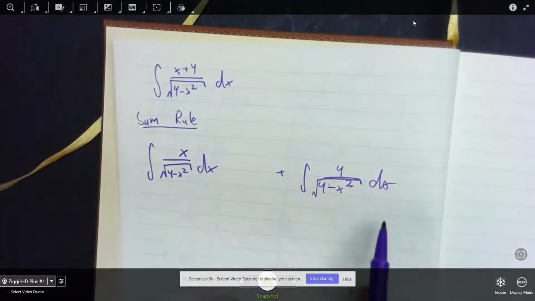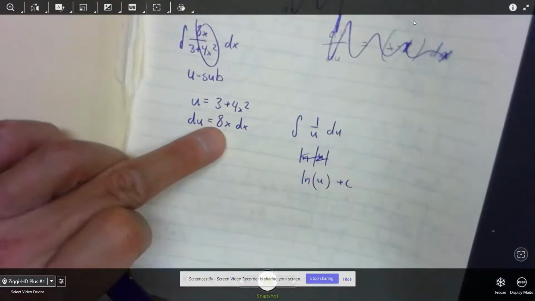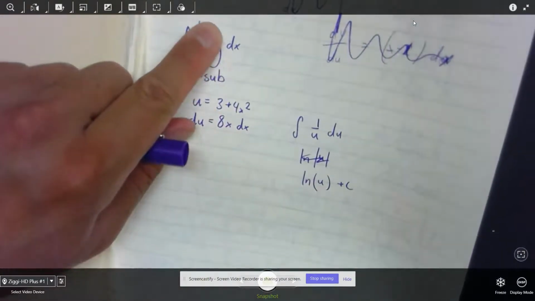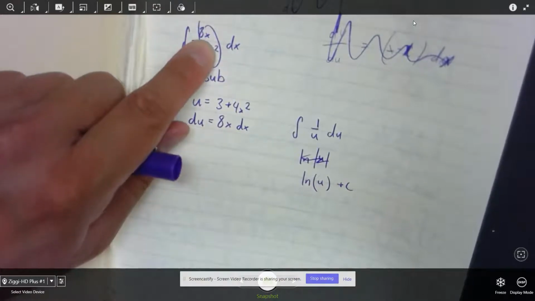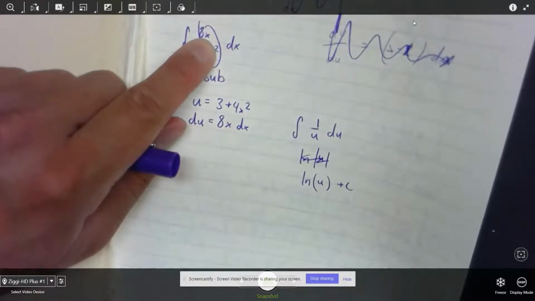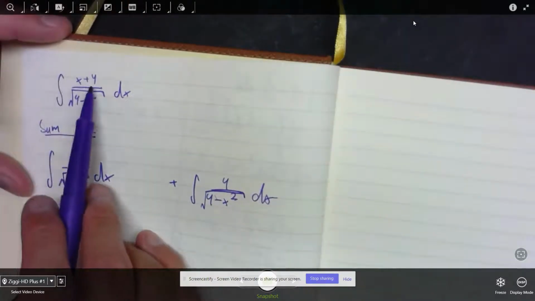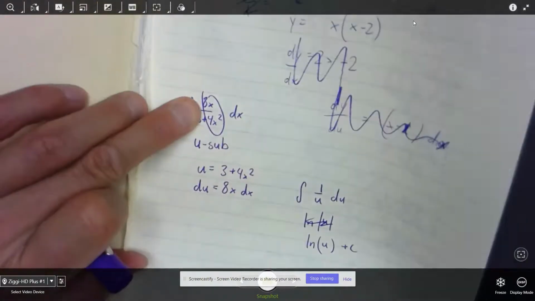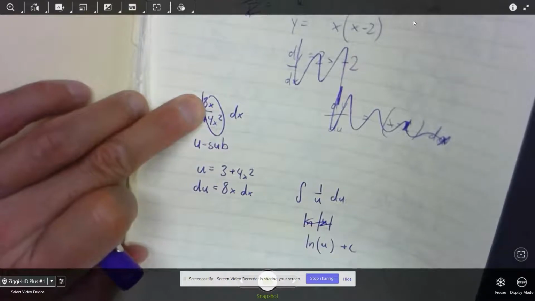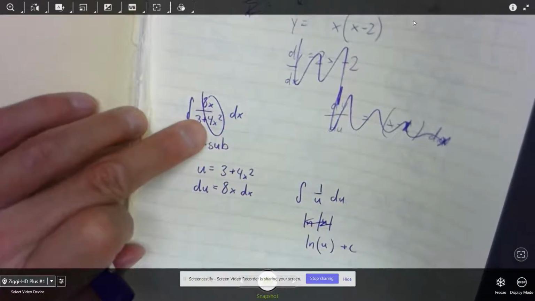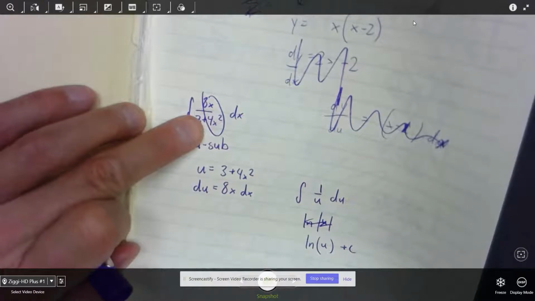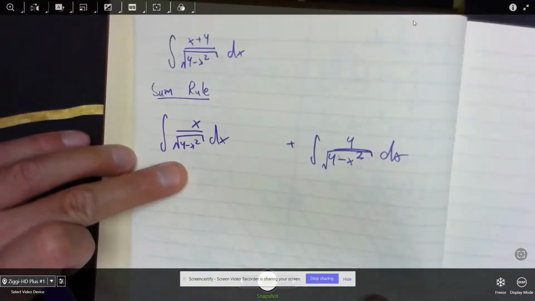And I'll tell you this, just from our previous experience from the last problem in our last video, we knew that if you had some kind of constant being multiplied to a variable... We don't have this here. By the way, just to reiterate, x and 4 were not being multiplied, but if you had some kind of constant being multiplied to a variable that's 1 degree lower than the variable at the bottom, meaning this is x to the first power and this is x to the second power, that's what I mean by 1 degree lower, all right, then we're just going to use u sub